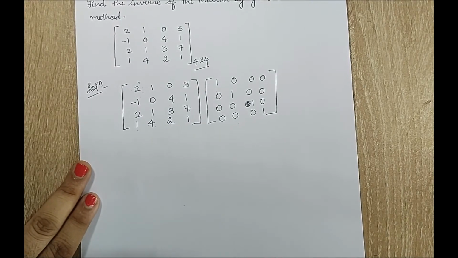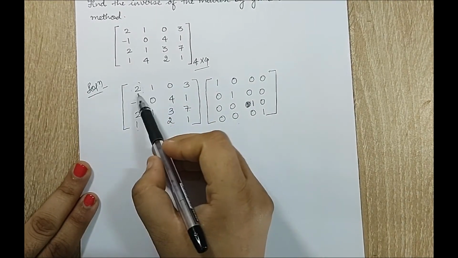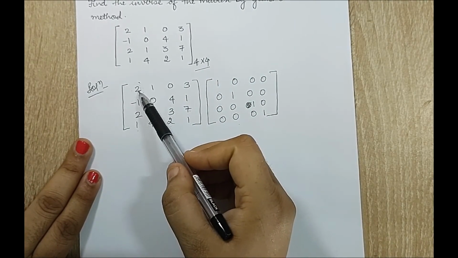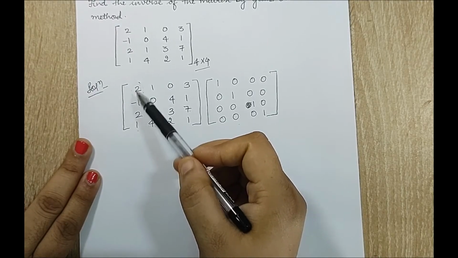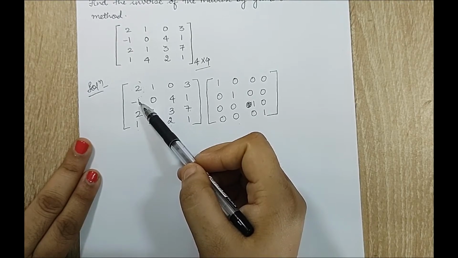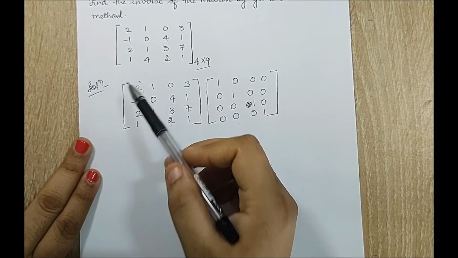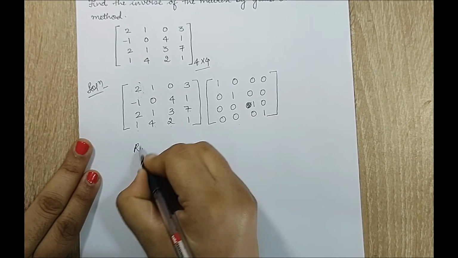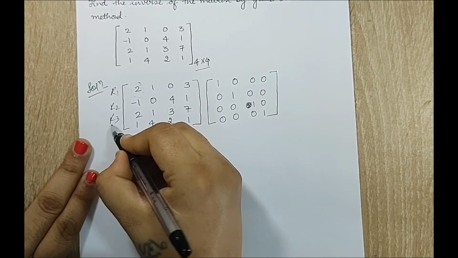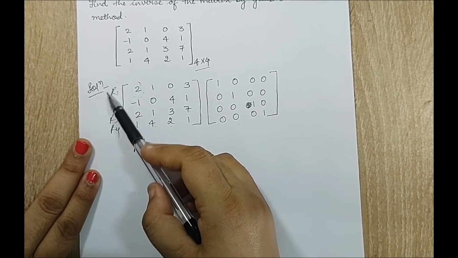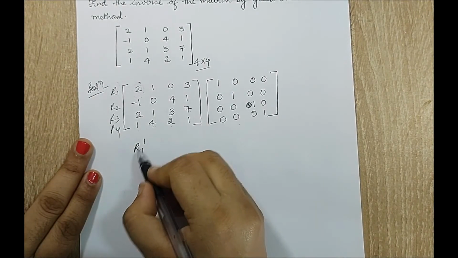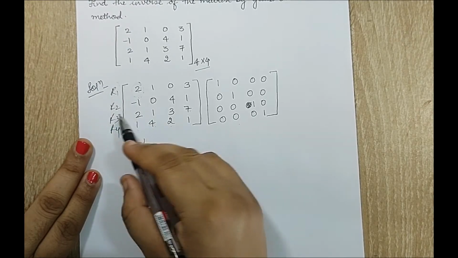So let's start. I will first start with this element. Now for converting this element into the number 1, I will simply do R1 plus R2. If I just add this R2 into this R1, I get 2 minus 1, 1. So I can easily make this number as 1. So I will write R1 dash, because this initially is R1, this is R2, this is R3 and this is R4. So I am making this R1, this row I am completely changing into some other values. Hence I am writing R1 dash is equal to R1 plus R2,